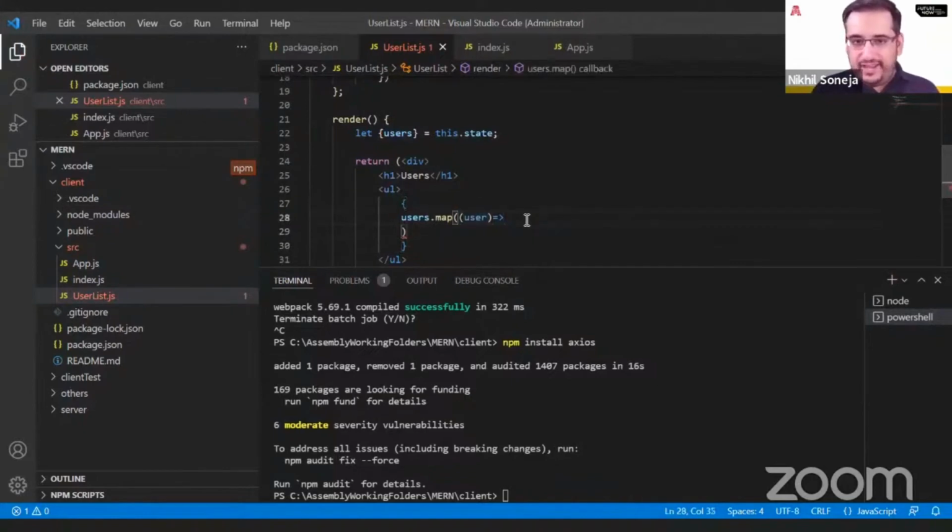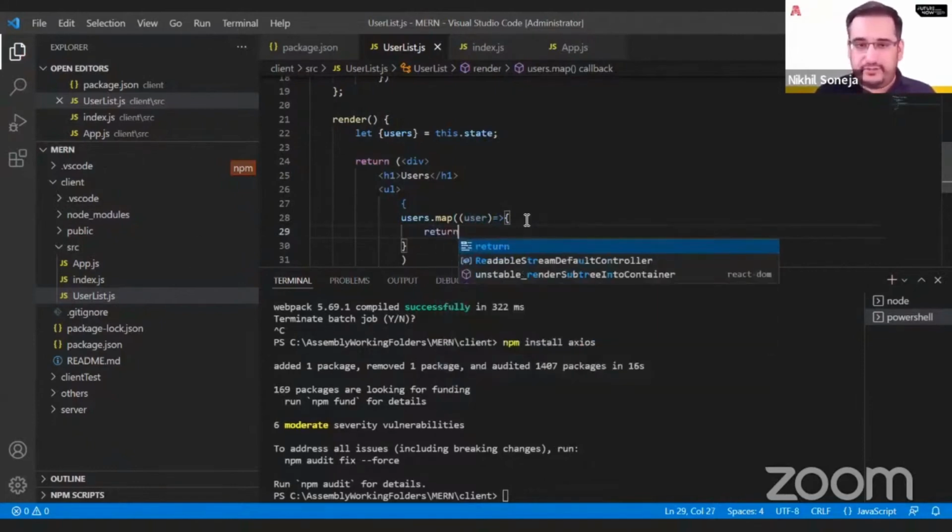So again, we have to define what it does. The way map works is that it will execute once for each entry in your table. So for every user, it creates a variable and it runs it as user. And I want to say what it shows, so I'm going to do a return statement here also, right? So I'm going to say return,